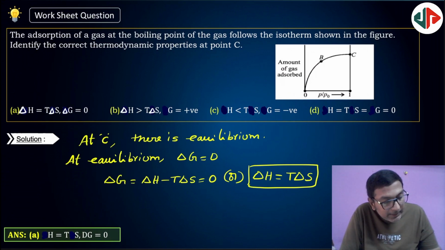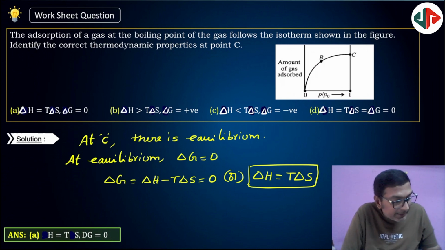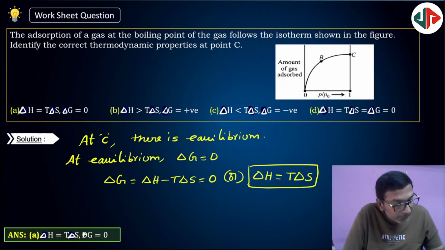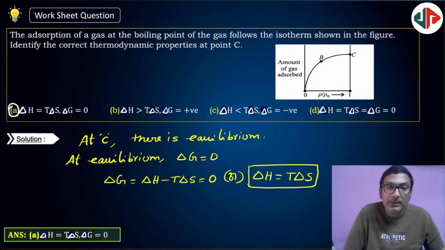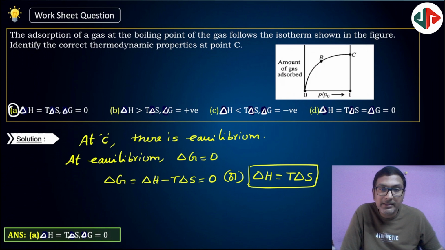Delta H greater than T delta S, delta G is positive. So here clearly option A: delta H equal to T delta S and delta G is 0. Very important question. Option A clearly. So at point C there is no change in amount of gas adsorbed even after high pressure. Even if pressure is increased, the system will be at equilibrium. Next,